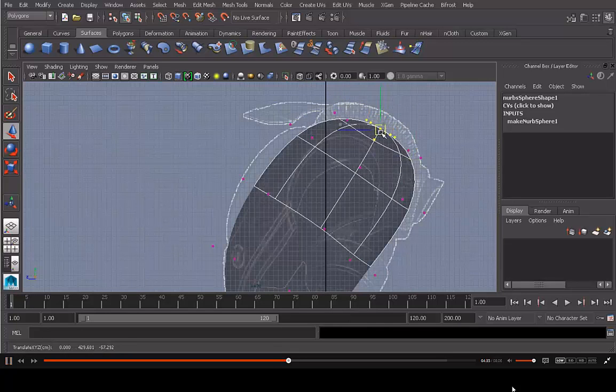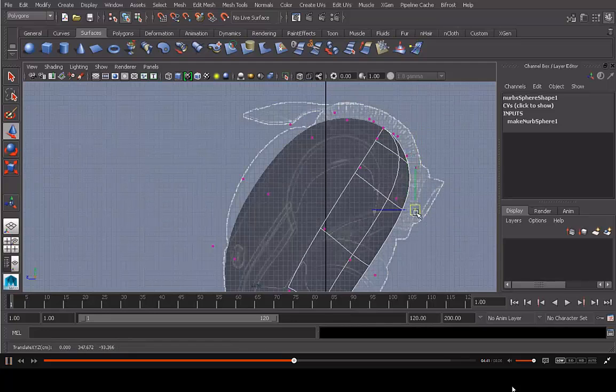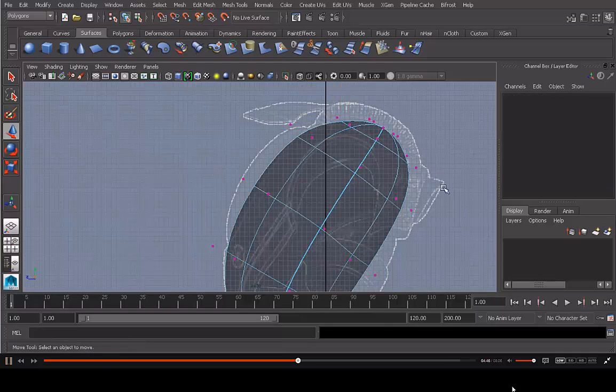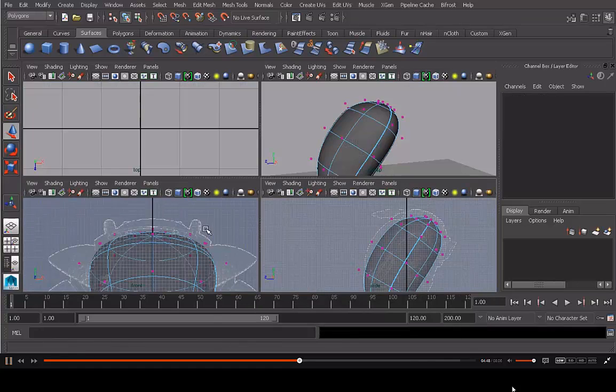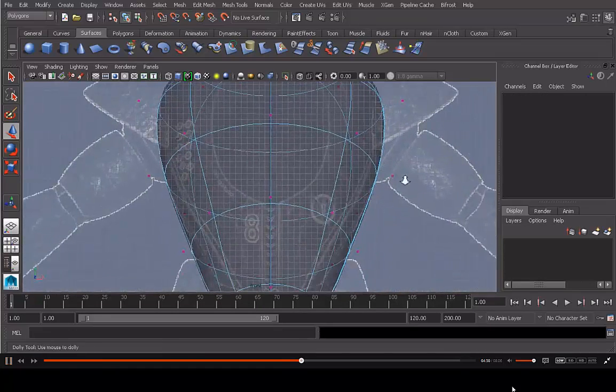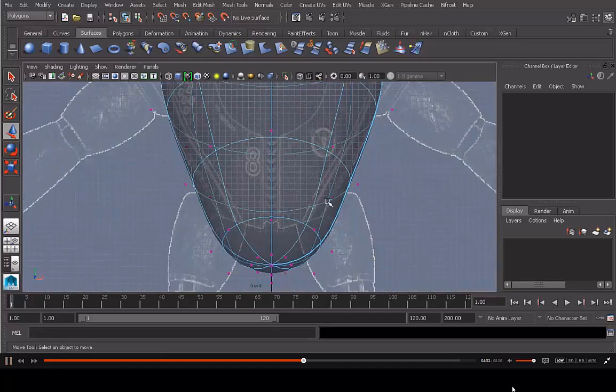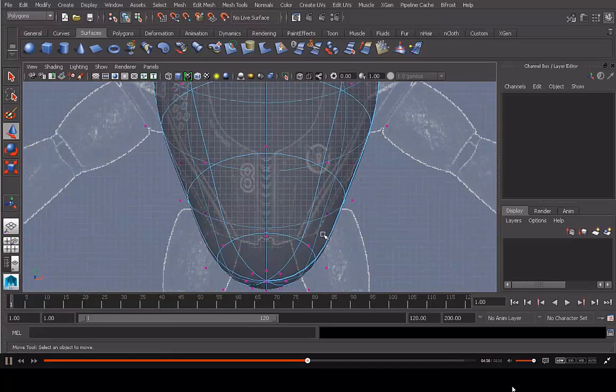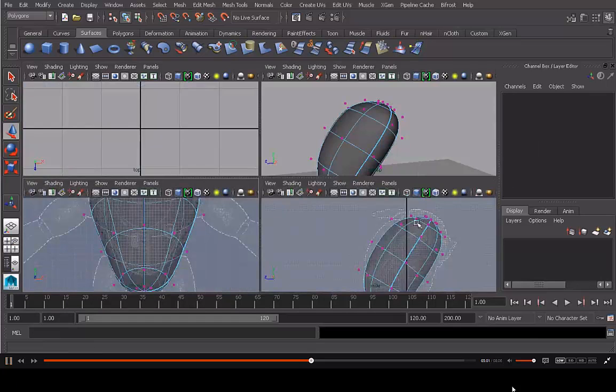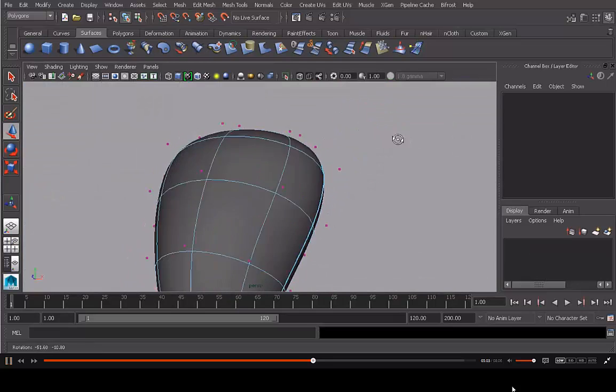And it's nice because this NURBS object maintains its smoothness as we come in here and modify these points. And again, we're just using this as a blank piece of geometry to be able to add our topology on top of. So you can see how this extends past. That's fine, because we're going to be drawing the topology right on top of it. All right,